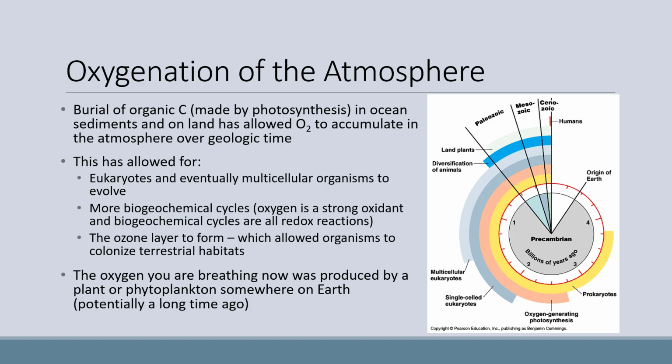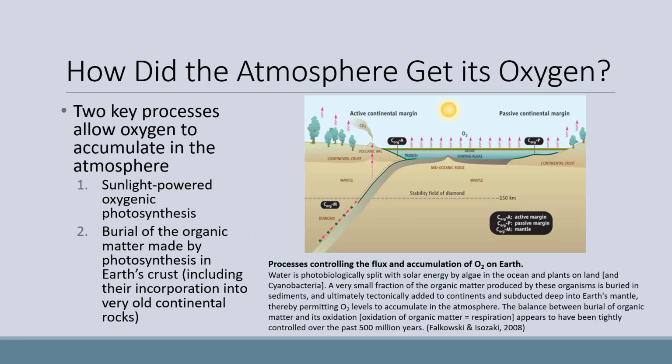Just to hammer home how important cyanobacteria are, the oxygen you are breathing now was produced by a plant or phytoplankton, and cyanobacteria are a type of phytoplankton, somewhere on Earth, potentially a long time ago. And cyanobacteria were the organisms to first evolve the ability to generate that oxygen. So to summarize, there are two key processes that allow oxygen to accumulate in the atmosphere. First is sunlight-powered oxygenic photosynthesis. Second is the burial of the organic matter made by photosynthesis in Earth's crust, including their incorporation into very old